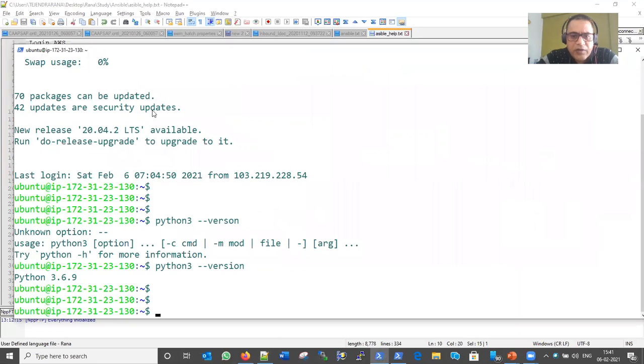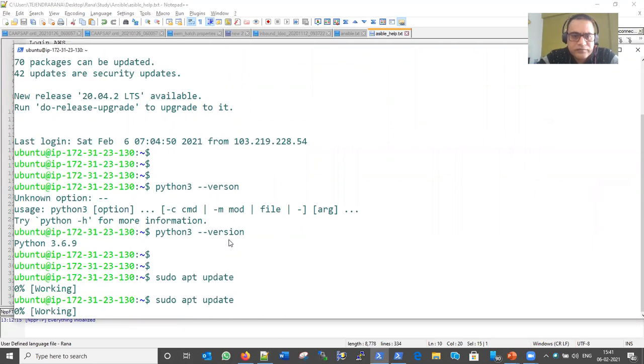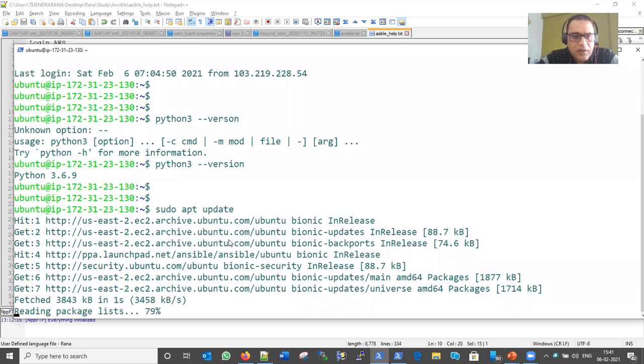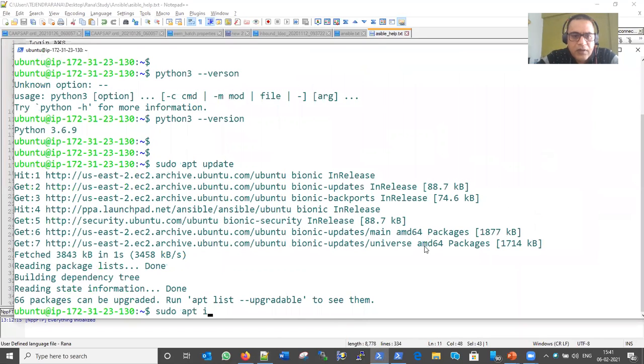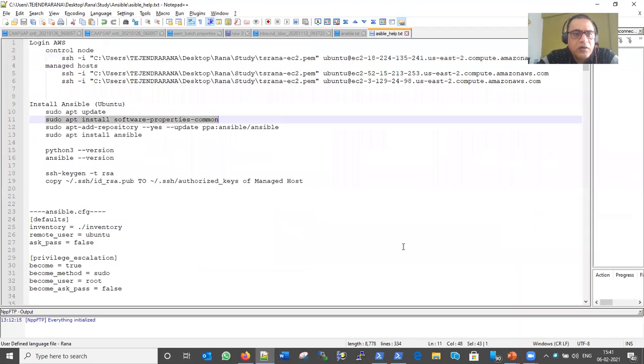First command I am executing, and let me copy the second command. Let me copy the third command here.